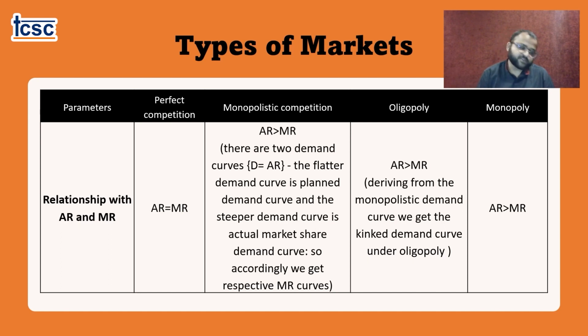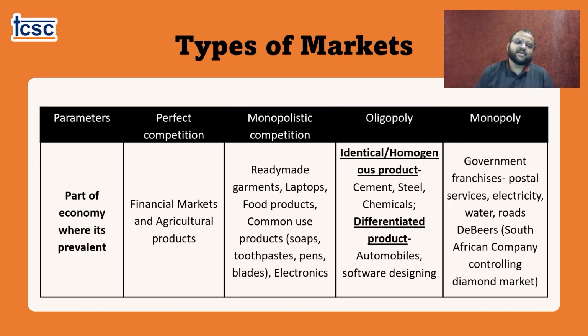But in imperfect competition, as there is price as well as non-price competition, the cost would differ. Thus, we see for the matter of fact that average revenue is not equal to marginal revenue. And what we see is that, depending on markets, average revenue is a downward sloping curve, and so is the marginal revenue. But marginal revenue falls at double the rate of average revenue.